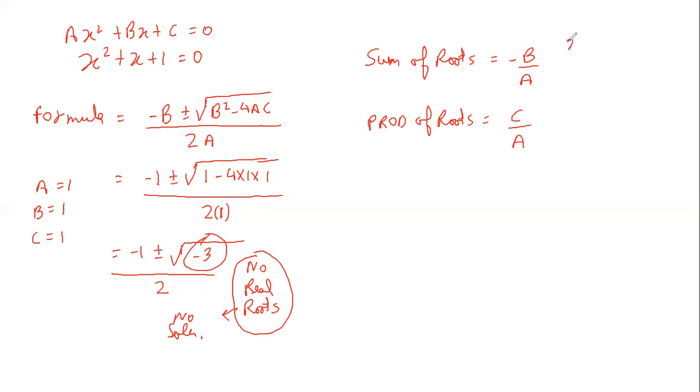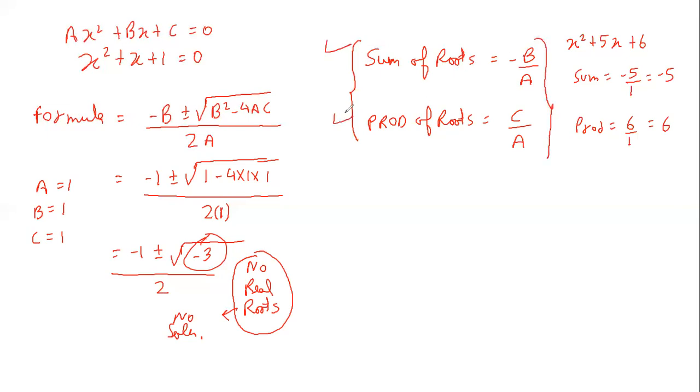If I take again an equation, let's take the same example, x square plus 5x plus 6. If I want the sum of the roots here, I'll do minus 5 over 1. That will be the sum of the roots. And if I want the product of the roots, I'll directly do 6 over 1. That's 6. So the sum is negative 5 and the product is 6. So I really don't have to solve the equation to figure out the sum and the product of the roots. I can directly figure it out by minus B by A and C by A. So these are the three formulas which you should be aware of while solving a quadratic equation.